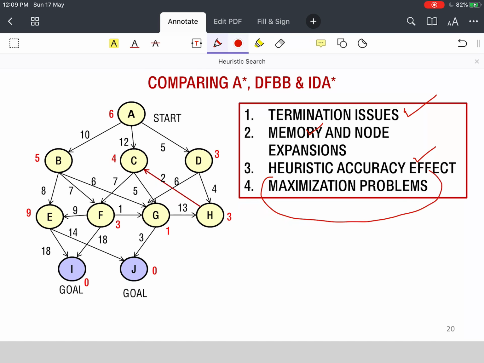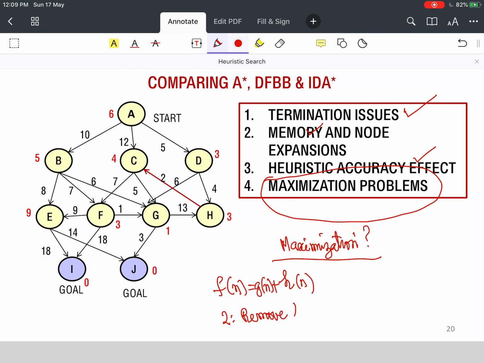Now we solved all this for minimization problems. What do we do for maximization problems? In maximization problems, we have to find the maximal cost path. That means we have to find a solution which is of maximum cost. So here, the condition of the heuristic estimate, Hn, we do the same thing. We use Gn, we use Hn, we use Fn equal to Gn plus Hn.